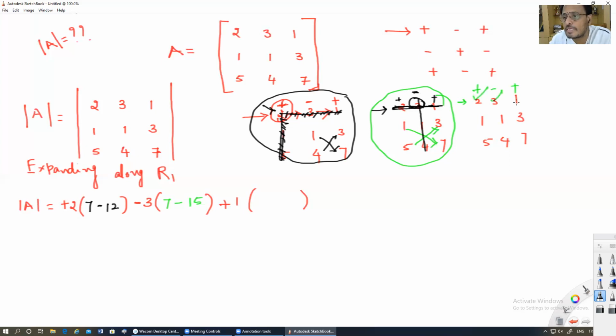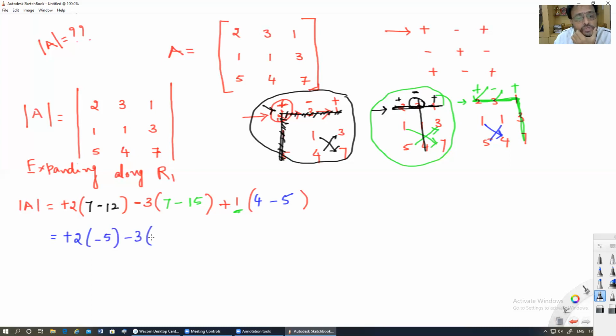Now top sign is plus 1. Plus 1 you have taken here. Plus 1 means at 1 complete vertical cancelled, at 1 complete horizontal cancelled. And here remaining we have to take cross multiplication. 1 into 4 is 4, minus again 5 into 1 is 5. Finished. That's all. So it is equal to plus 2, 7 minus 12 minus 5,